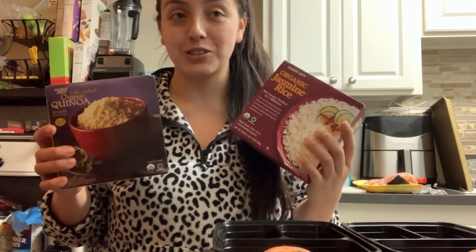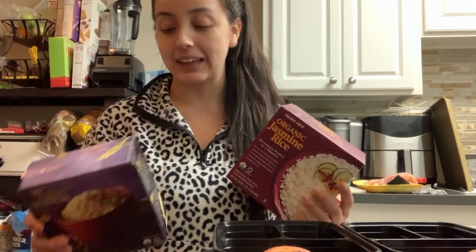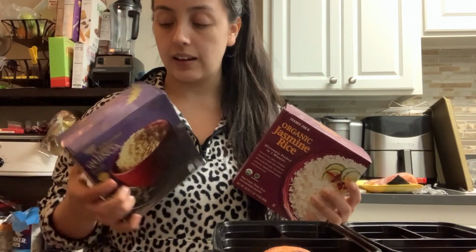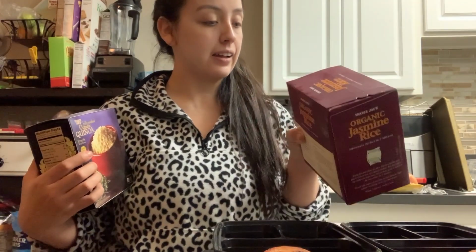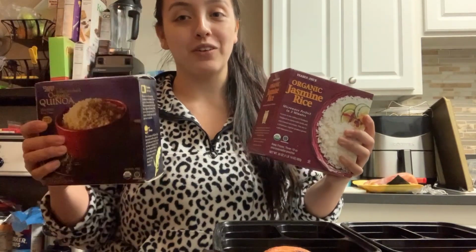And then for the 80 grams of protein, it's literally just frozen broccoli and rice. To make my life easier, because I literally am on the go all the time, every day, so I use the frozen ones. It's super convenient. It costs more because you're only getting, let's see, 4 servings in this and 6 in here. This lasts me a lot longer than my quinoa. I literally have to get like